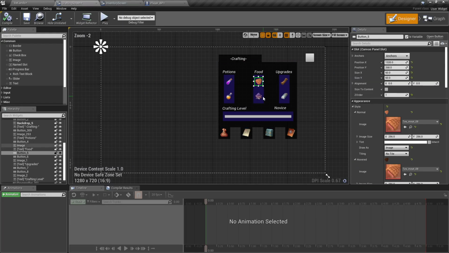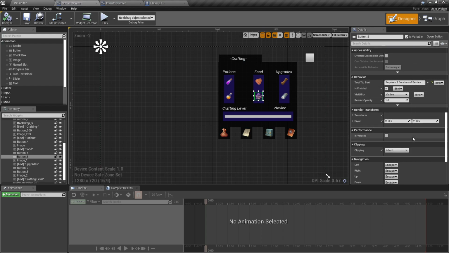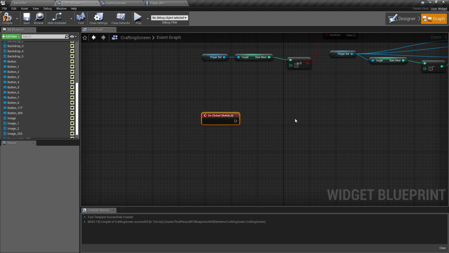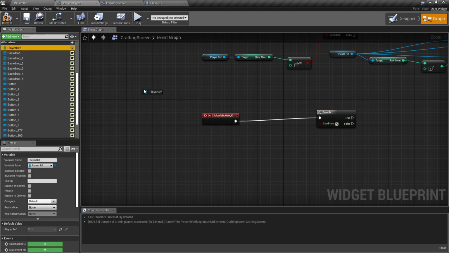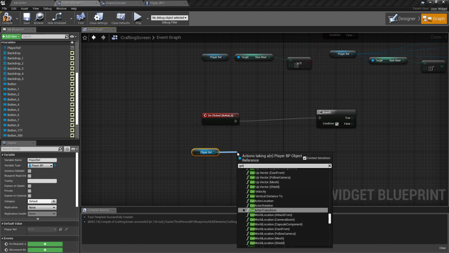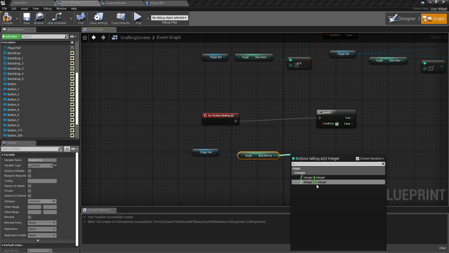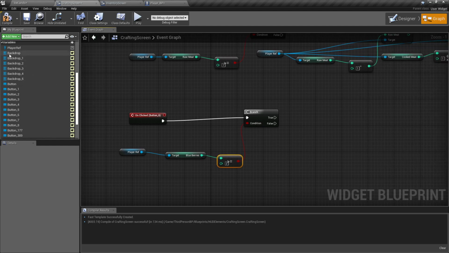Crafting screen. Blueberries. How many did it require? 2 bunches of berries. So on clicked. B left click for branch. Drag out our player references. Get blueberries greater than or equal to 2. If true, then we want to